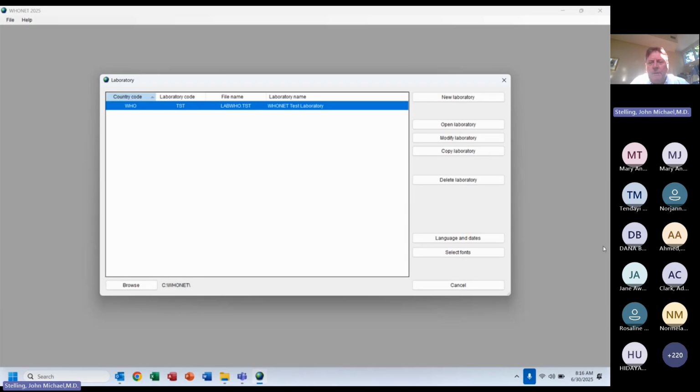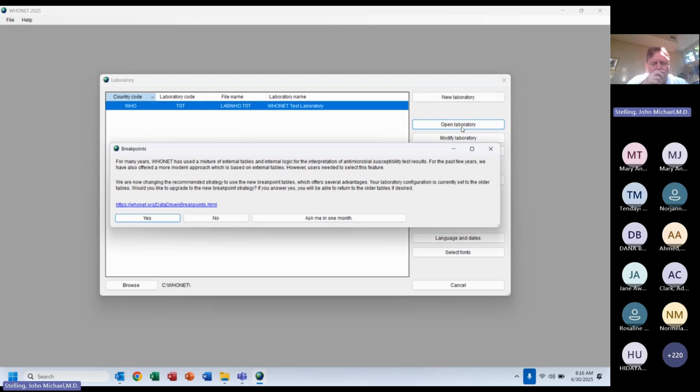And I'm going to open the laboratory just in the normal way. And WHONET says, for many years, it's basically a summary of what I was just saying. For many years, WHONET has used a mixture of external tables and internal logic for AST results. For the past years, we have also offered a more modern approach, the new way, but you had to select this feature. We are now changing the recommended strategy to the new ways, which offer several examples that I already